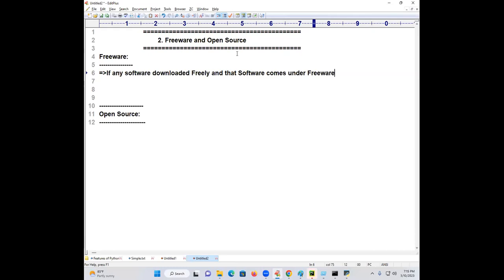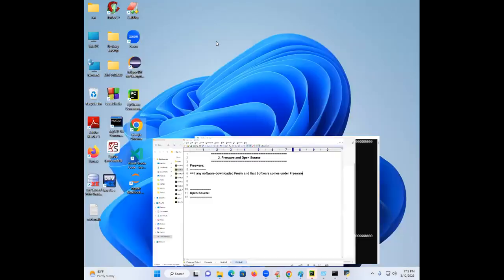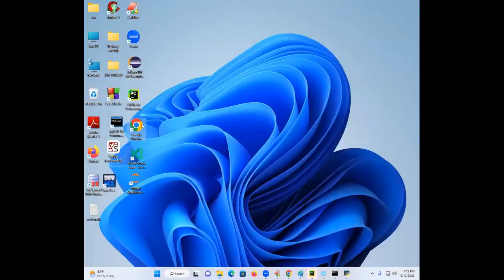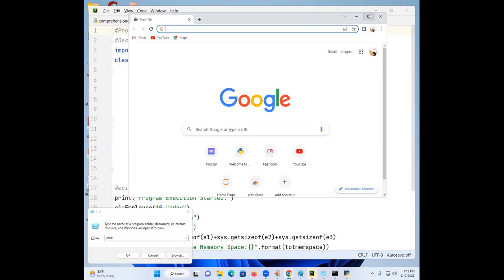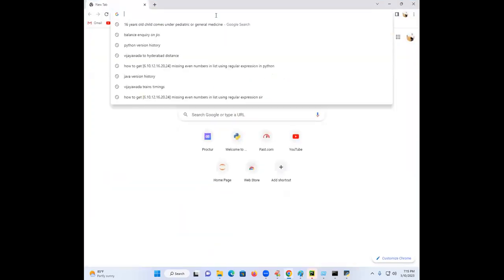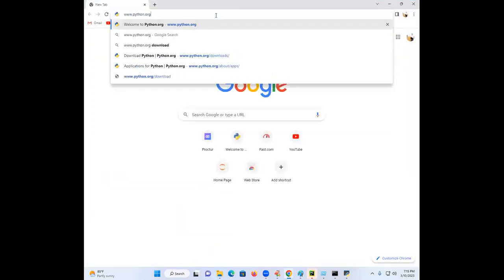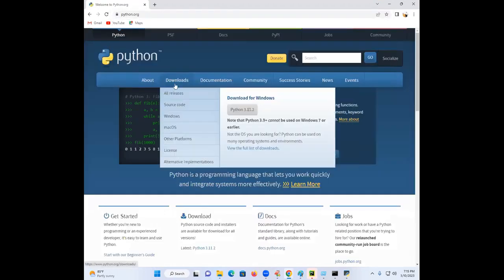What is the official website of Python? www.python.org. Is it freely downloadable, or do you have to give any license or any credit card? Nothing, no? So www.python.org, and if you look at the downloads and click on Python 3.11.2, I already showed you the downloading process.